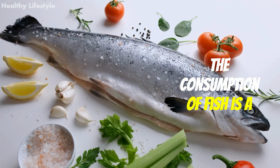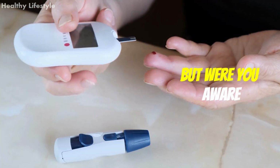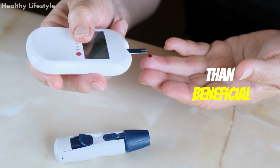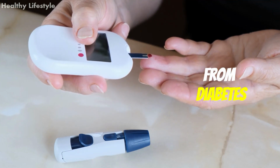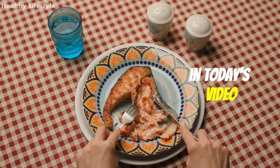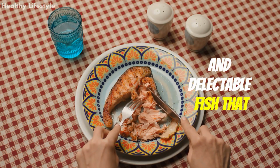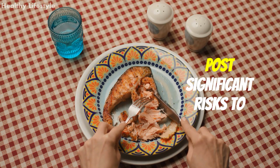The consumption of fish is a time-honored custom, but were you aware that some types of fish may prove to be more detrimental than beneficial for individuals who suffer from diabetes? In today's video, we will present a selection of well-known and delectable fish that, despite their popularity, pose significant risks